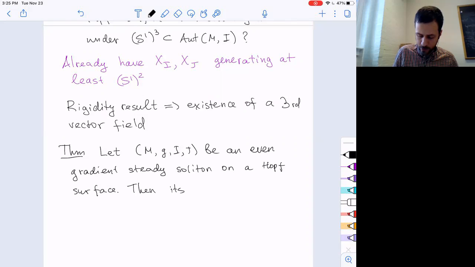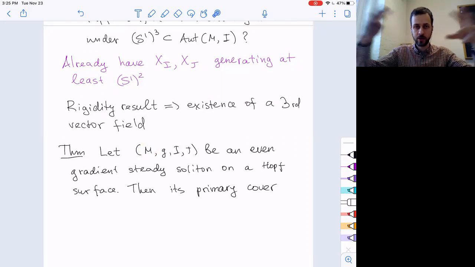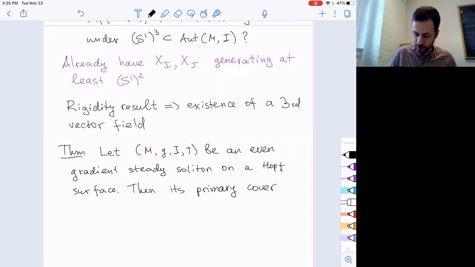Then its primary cover, by which I mean that this might be secondary or primary, and if it's secondary you take its cover so it's a primary Hopf surface,